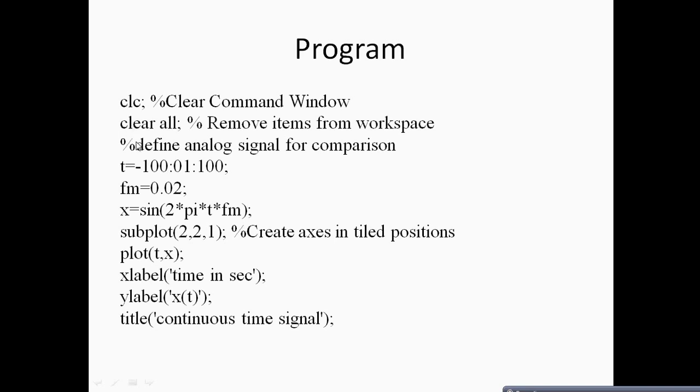So once this is done, we are generating a continuous analog signal which will later be discretized, or digitalized, for undersampling and oversampling conditions, and along with that the Nyquist sampling condition. So to generate your continuous sine using fm here, your desired frequency, we are randomly taking 0.02. You can take any frequency as desired,